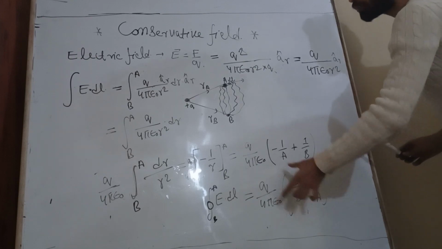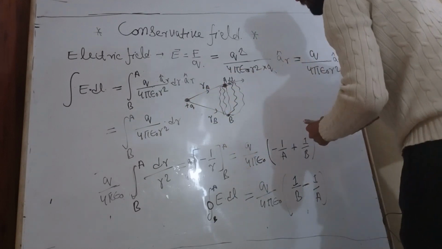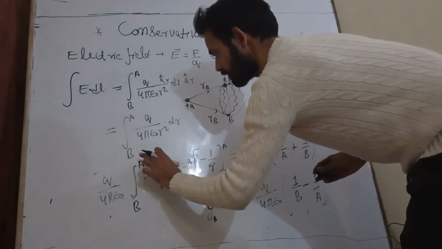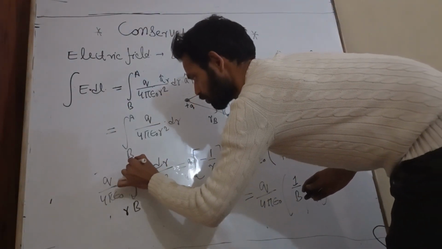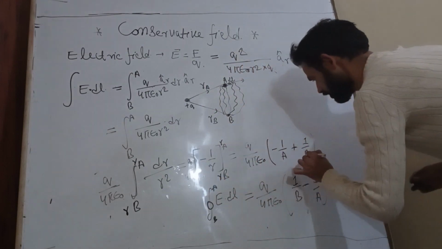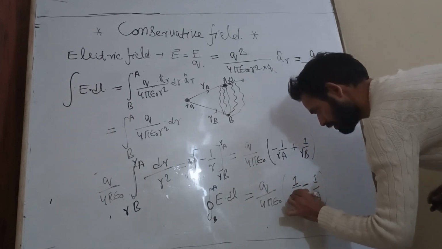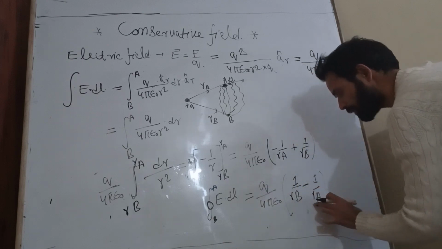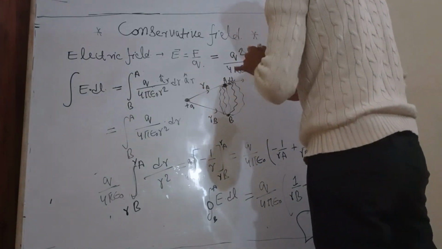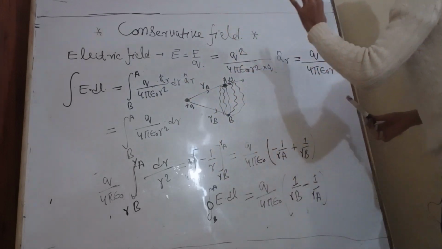So b and a are what? Distance from what? Charge, okay, from charge. So let's say this is ra, this is rb. So rb minus ra is the distance. So from here we are very much confirmed about the conservative field,